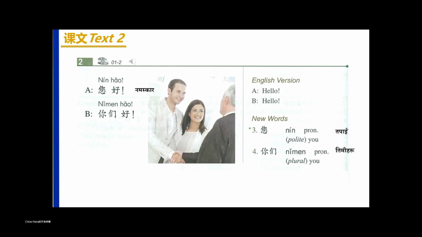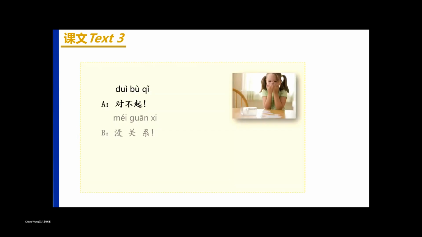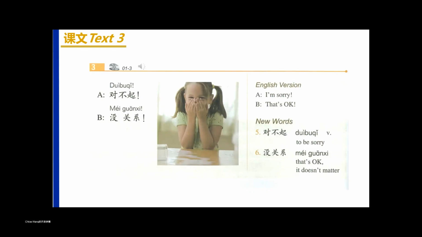您, 你们. Okay, next one is how we say sorry. So sorry is 对不起, 对不起, sorry. And how we reply to sorry? Say, it's okay, never mind, right? So we say 没关系, 没关系. 对不起, I'm sorry. 没关系, that's okay.